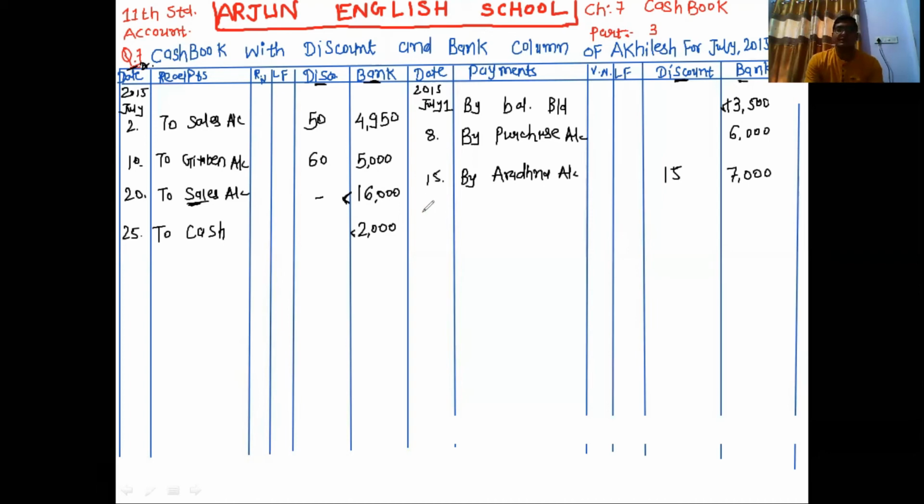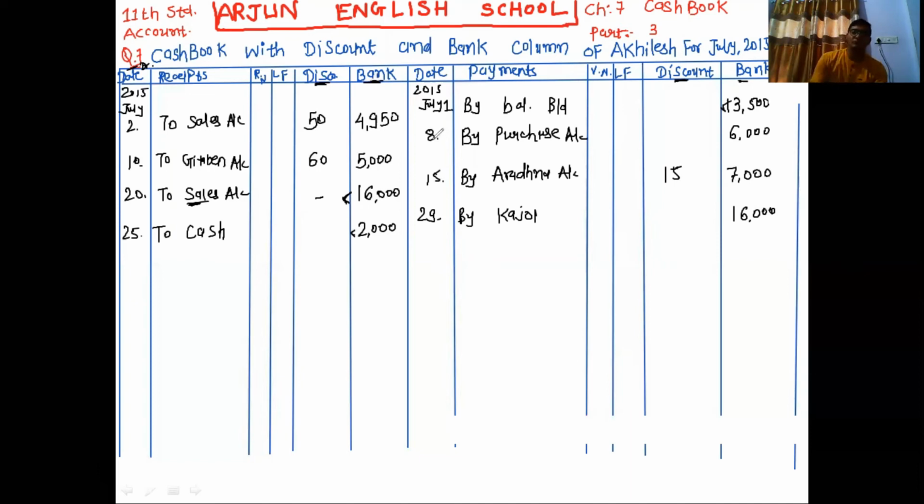So date is 29th. If a check is dishonored, then the entry is on the opposite side. Here 16,000 debit, but this balance is not increased due to the dishonor, so we have to decrease it by the same amount. By name of the person, it is Kajol. That's it. This sum is over. There are no other transactions. So here we have prepared only the discount column and bank column on both sides. Only discount entries and bank entries are recorded here.